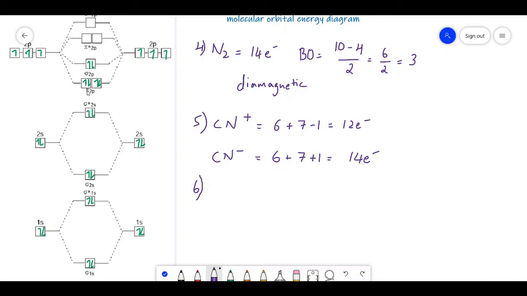Here the pi 2p orbitals will be present on this side, and it first starts with the sigma. The change is only with these three orbitals: this pi will be above and this sigma will be below. That's all. But for the objectives, we don't require all those points. By using only this diagram, you just remember this diagram, it is enough. You can calculate the bond order and whether it is diamagnetic or paramagnetic. Everything will be the same even by using this diagram.